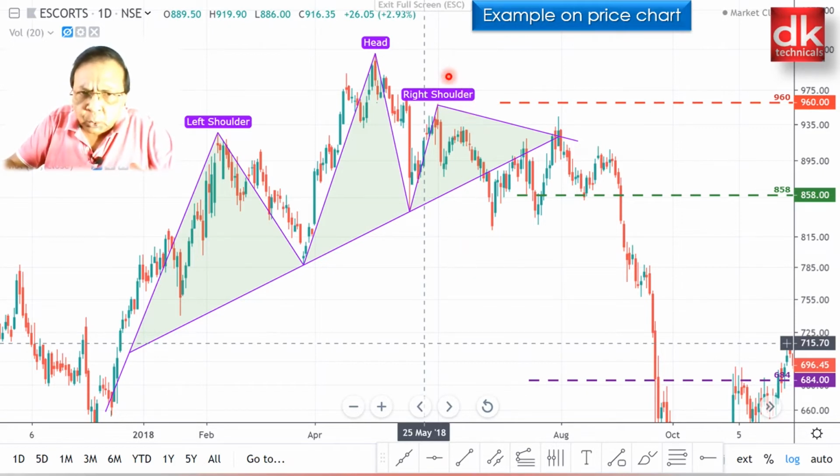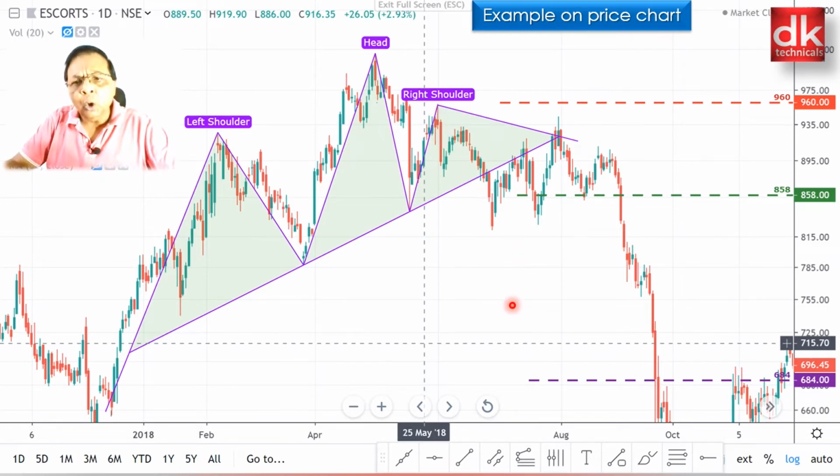If we pay attention to this particular area, can you observe that here a small head and shoulder has been formed? Price has gone up. This is the left shoulder. Price corrected, then started rising to form the head. Then price corrected to form the right shoulder here. And if you draw a neckline here, this was the breakdown. From here, price gave a pullback to test the neckline, and then again the downtrend resumed. So the indication of the distribution phase was observed during this price action.